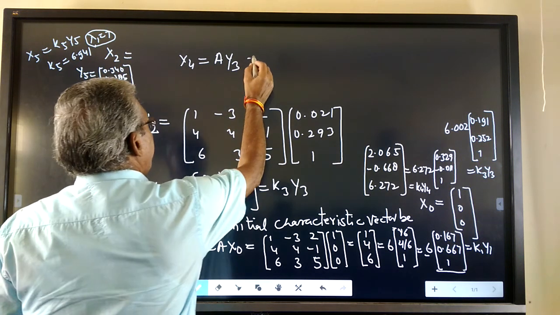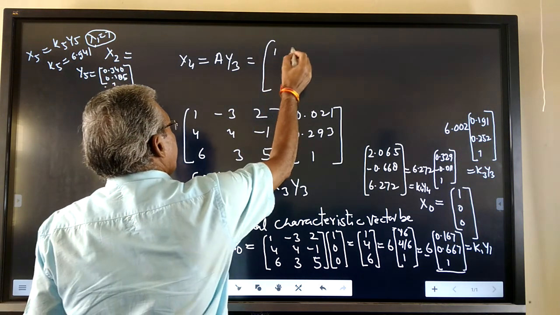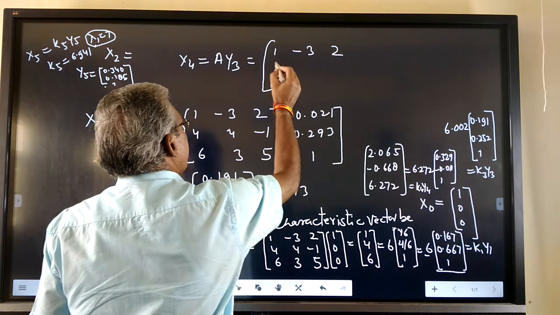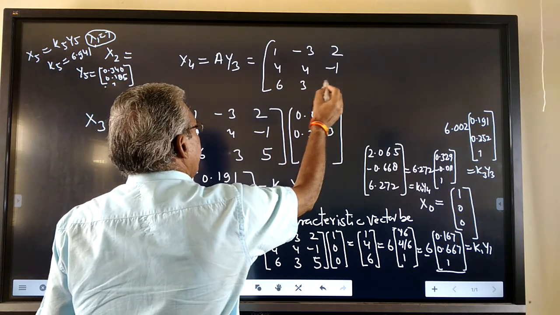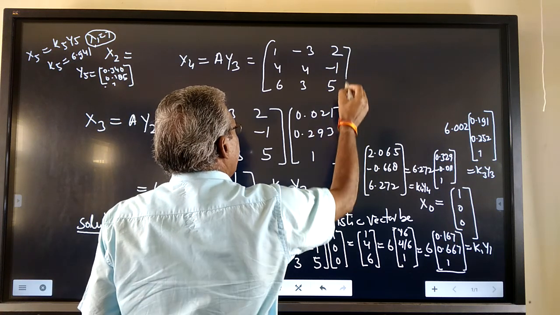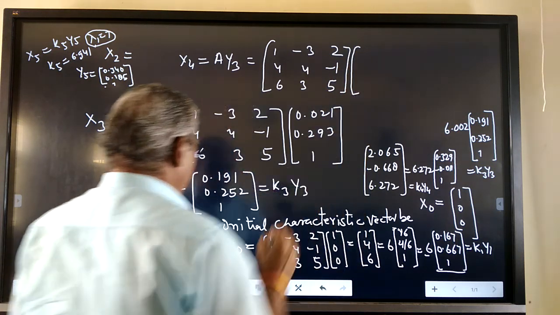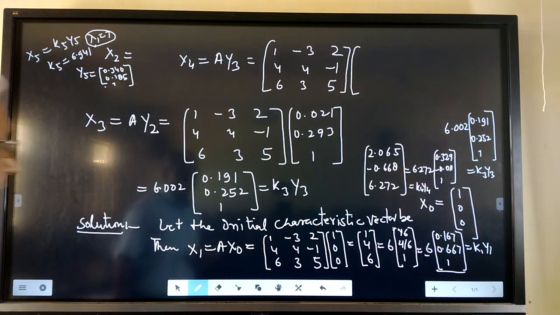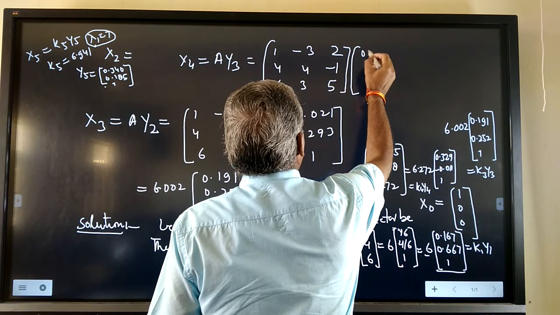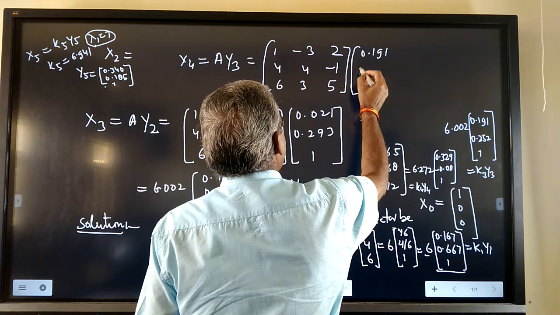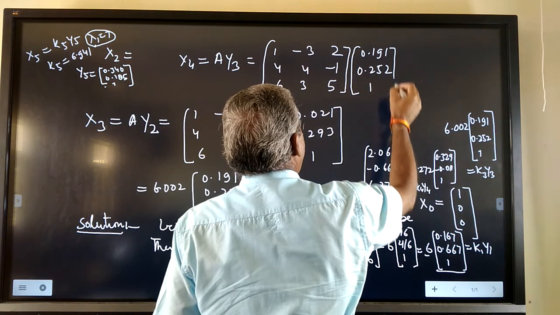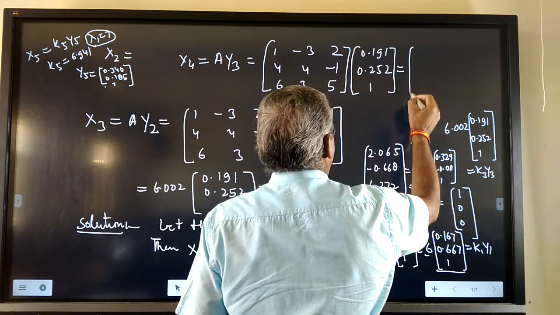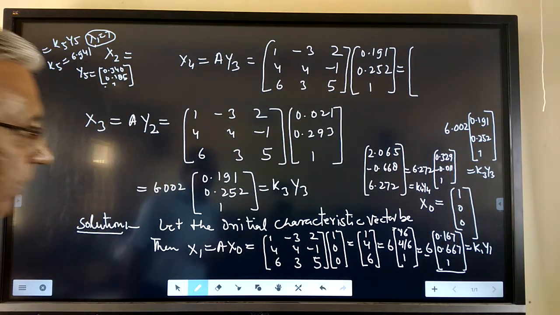Here A is the given matrix [1 -3 2; 4 4 -1; 6 3 5], and y3 is [0.191, 0.252, 1]. After this multiplication, we have